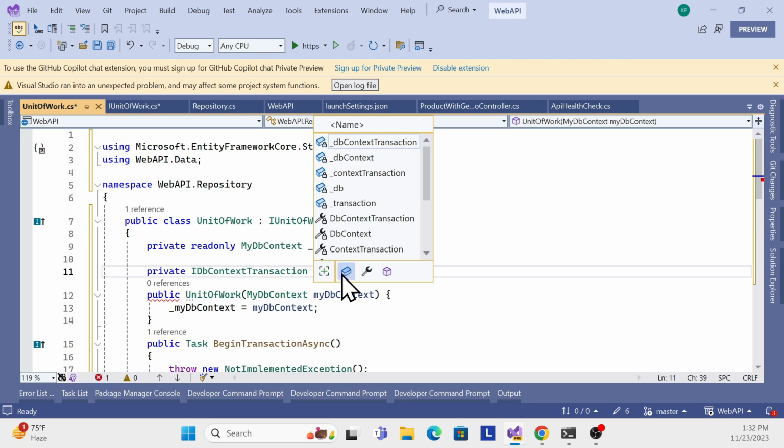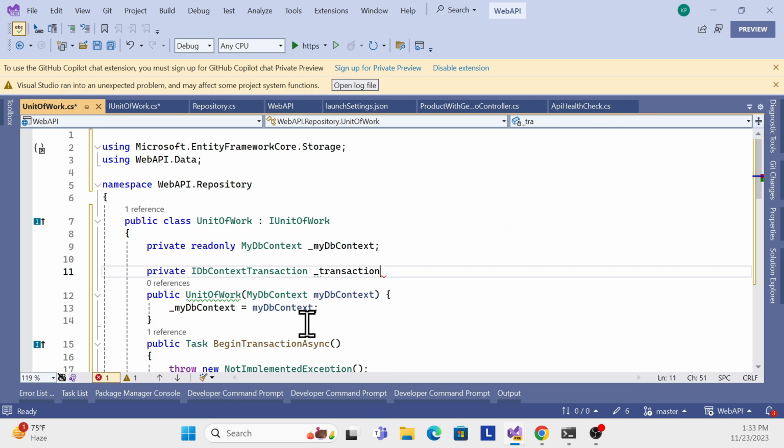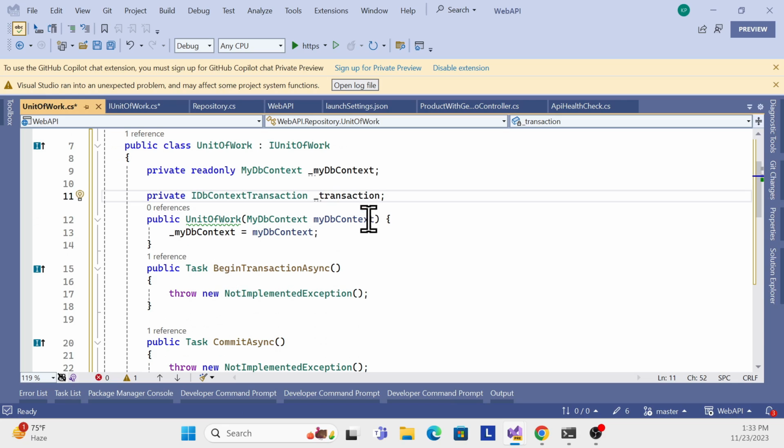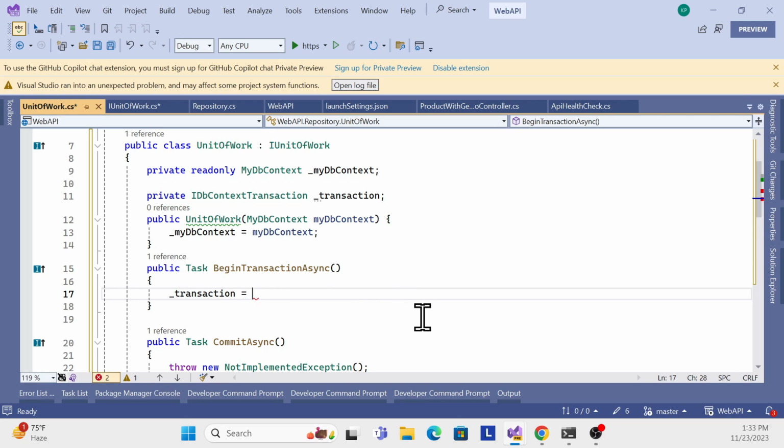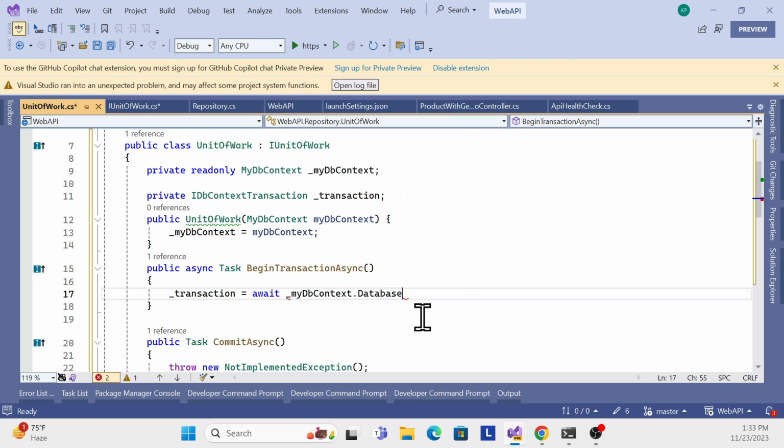Okay, this is imported, and then I just specify the transaction, whatever name you want, up to you. So I just put in transaction. Okay, now let me implement that. Here just store the transaction, and then whatever our db context is, call database, and then start